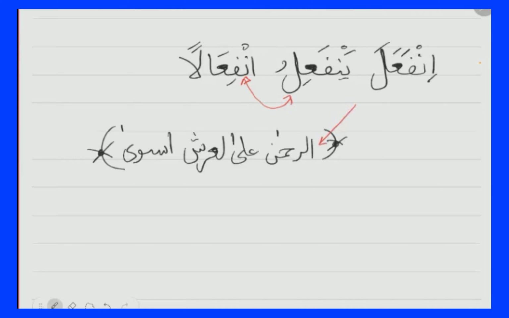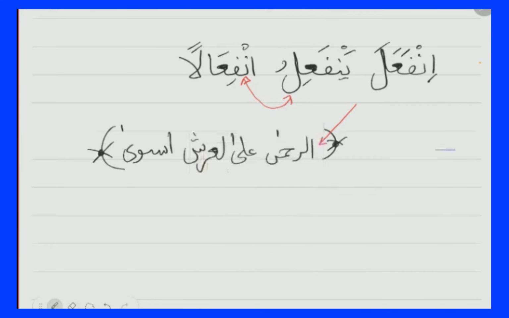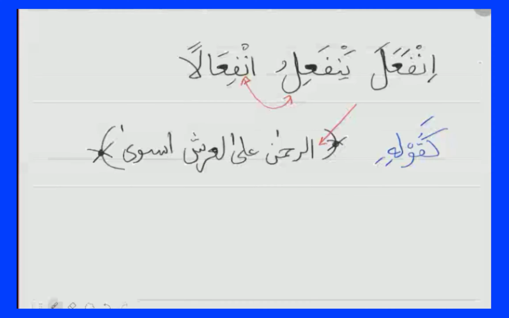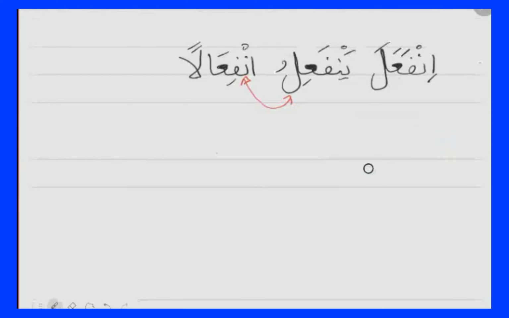So what if there was some talk before this ayah? Like we were reading something and the author said, "like the saying of Allah." How would you read that? A lot of people would read it like this. The way to read it is like this, going right through the Hamzah. In fa'ala yanfa'ilu fi'ala. Like in qata'a,